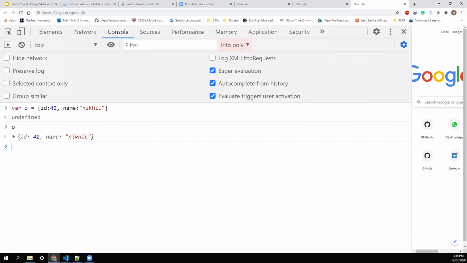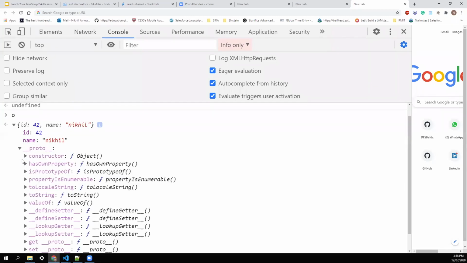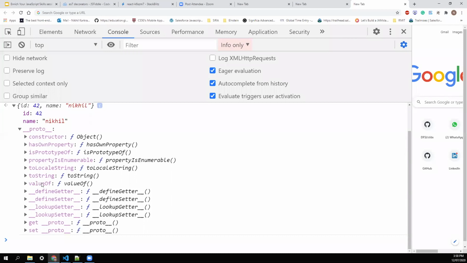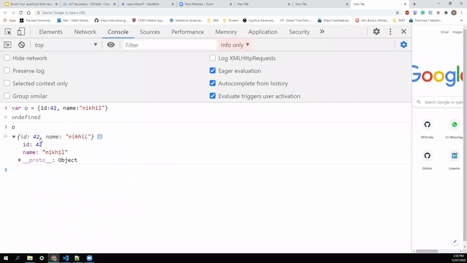Till now, we were just seeing this object, but behind the scenes, JavaScript creates a prototype property. You would have seen this __proto__. If I open this, it has a bunch of values like toString, toLocaleString, hasOwnProperty and so on. So by default, JavaScript attaches a prototype to a function or an object.